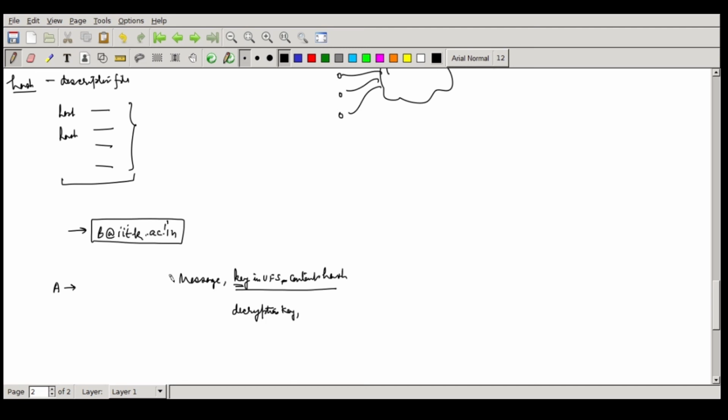So once this whole message is there with you, you will now encrypt this. You will do encryption with a key. This is another key by which encryption is done. This encryption key is appended, and this same key is put here, and this is going to be encrypted with the public key of B. So A is going to create this particular message.